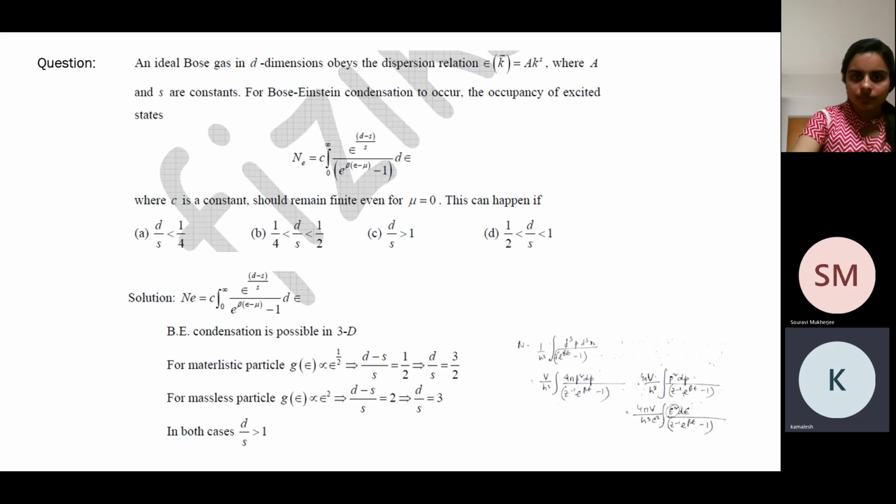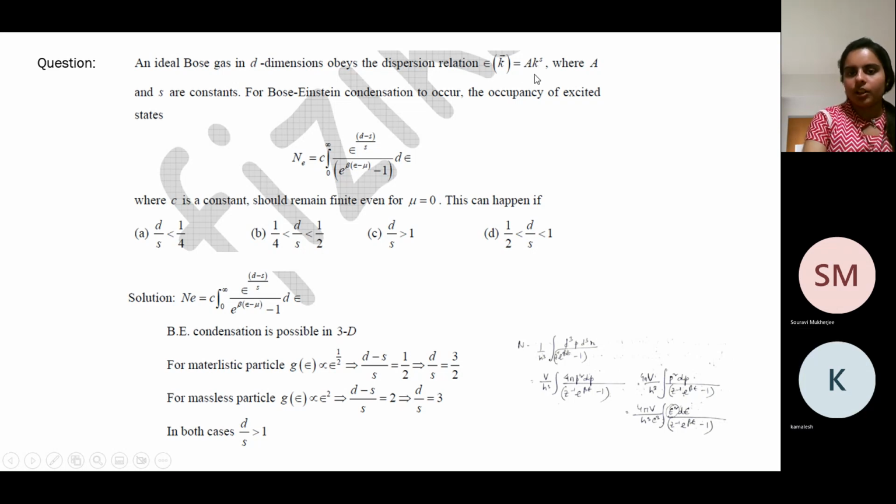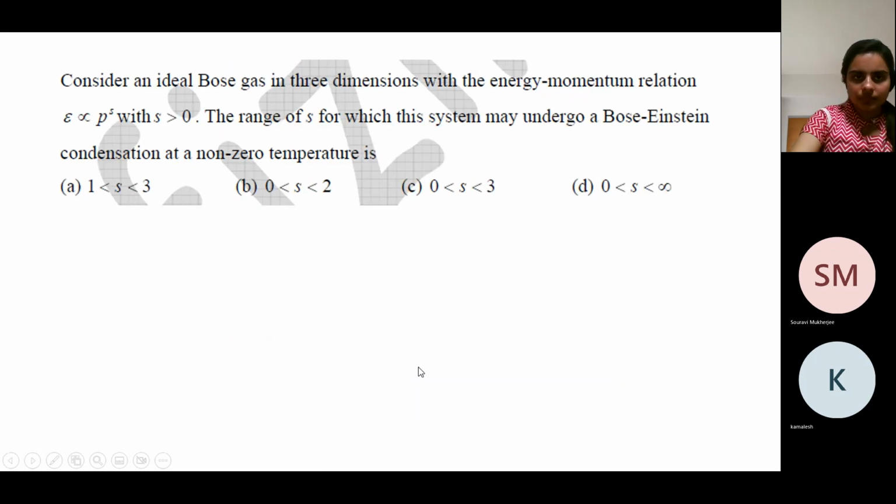d is dimension and s here stands for the power of momentum to which your energy depends. This is the dispersion relation. Dispersion relation is the relation between energy and momentum. k here is the momentum. So you understand, right? For massive particles, it's p square by 2m, so s is 2. And for massless particles, it's p into c, so there s is 1, right? Okay. So now, understanding whatever we had discussed in the last question, it should be very straightforward